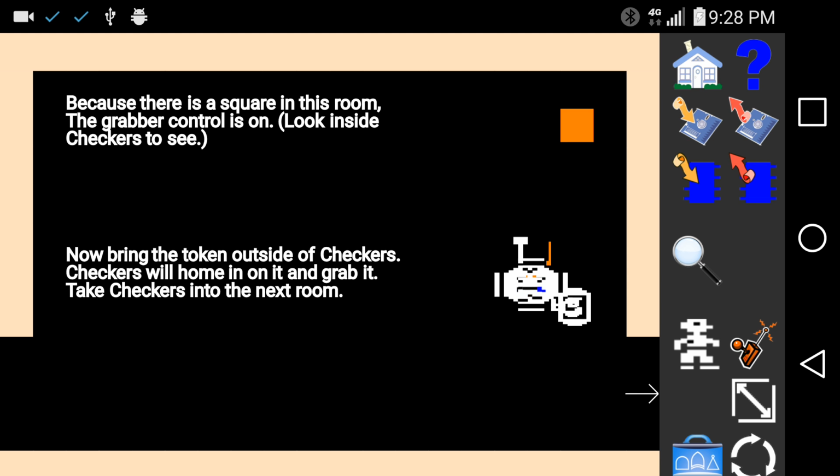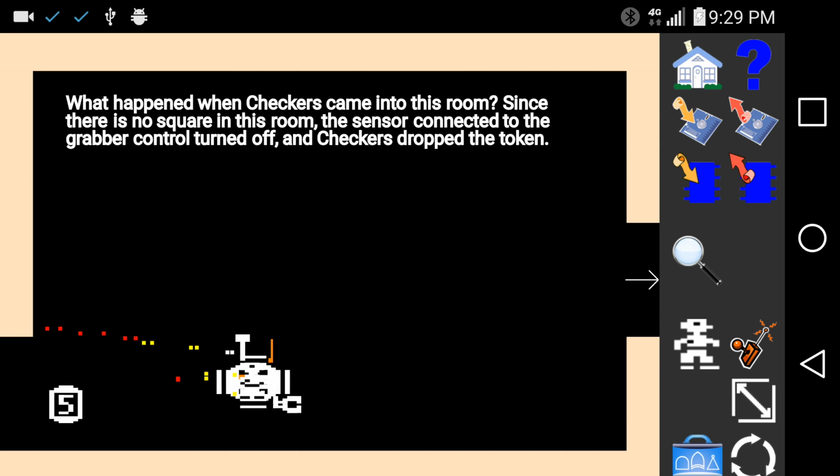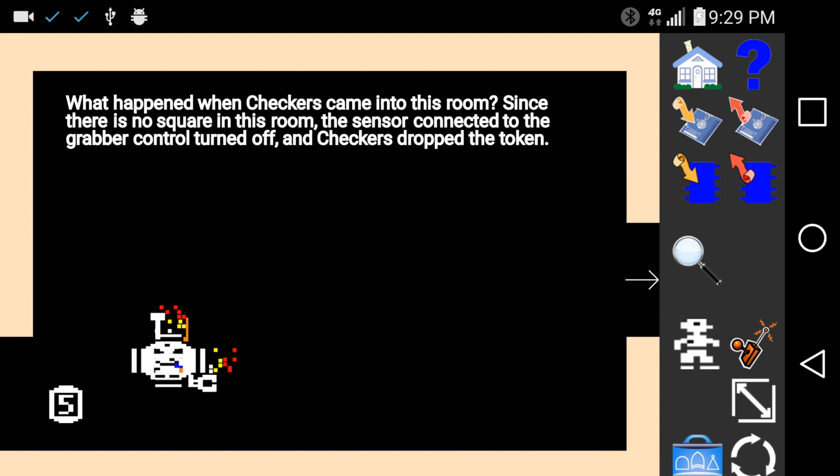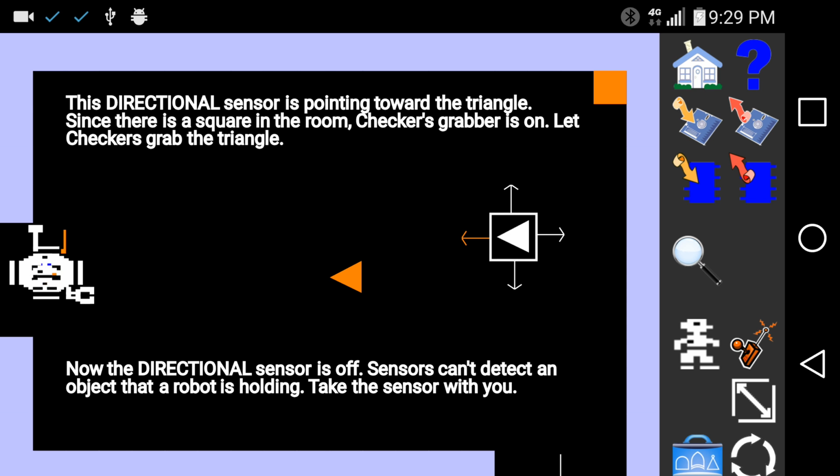Now bring checkers to the next room. Oh, it dropped it. What happened when checkers came into this room? Since there is no square in this room, the sensor connected to the grabber control turned off and checkers dropped the token. It doesn't say what to do, whether we should keep moving or not, so apparently we don't actually